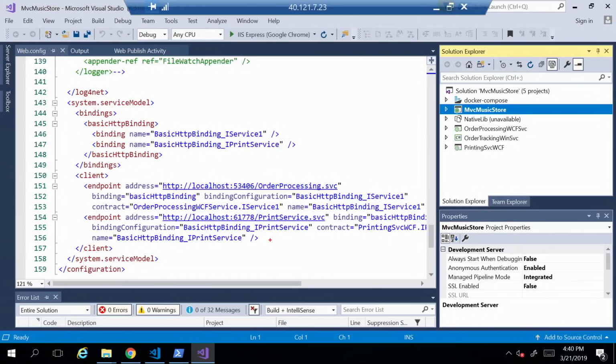So I see some WCF bindings there. You can see some WCF bindings, yes. And in fact, you can see that this is the music store application right here. There's this WCF service. The details are not that important. At a high level, the way I injected WCF into the music store application is that when you generate an order, it will call the WCF service. The WCF service will essentially write out a request to the database. So that's what's happening. And there's a Windows service here as well. And then finally, there's a printing service which uses the P/Invoke capability.